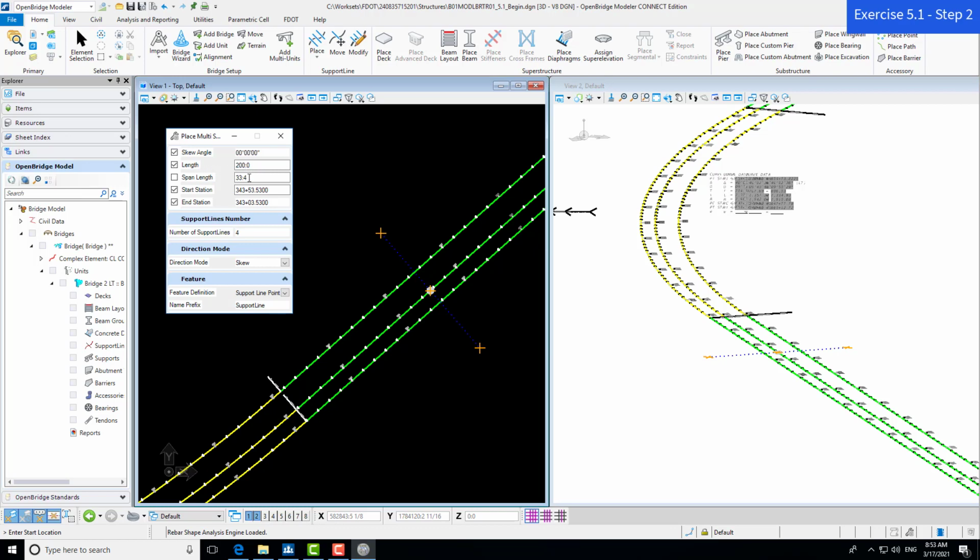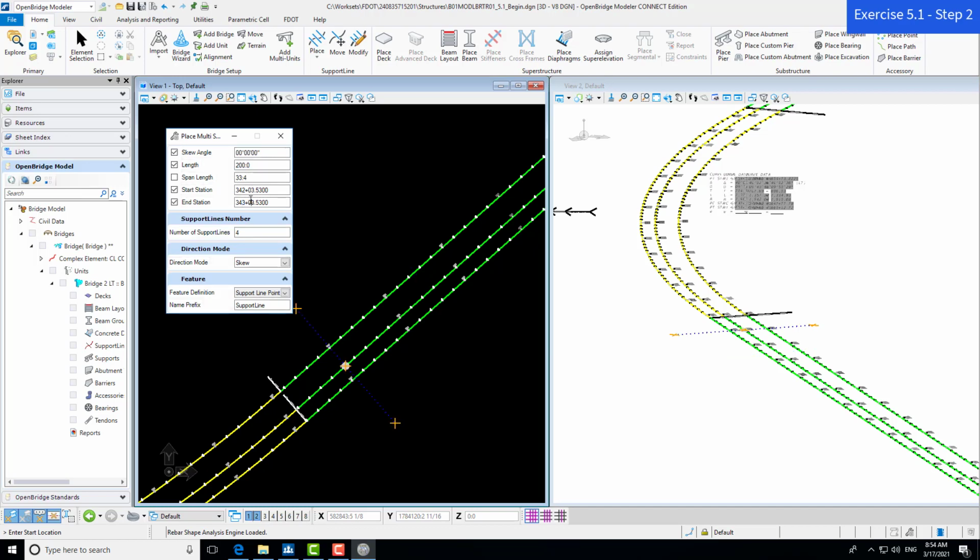For this case, we're going to enter a start station and an end station. I'm going to read this again, it's in our manual: the start station is 342+03.53, and our end station is 343+53.53.